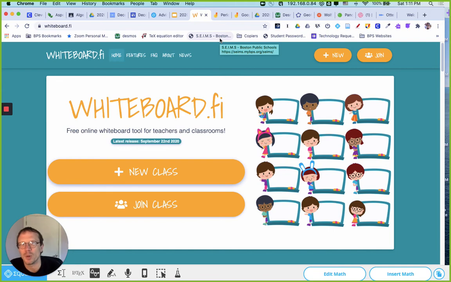So I'm using whiteboard.fi to emulate that experience. And the way I'm doing it, I think I've tested it out. I'm not sure that it's the best way, but I think it's interesting. A student actually suggested it to me, and I think it's pretty clever. When students get in groups, they pick a leader. So I break students into groups of four. Each group picks a leader, and so